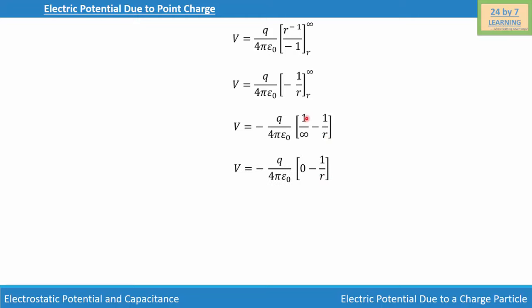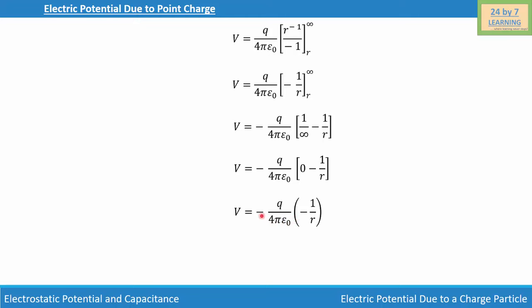And if we simplify further, 1 over infinity will be 0, and we'll write V is equal to negative Q over 4 pi epsilon 0, 0 minus 1 over r. Now, if we simplify further, then 0 minus 1 over r will be negative 1 over r, and we will write the expression over here as V is equal to negative Q over 4 pi epsilon 0, negative 1 over